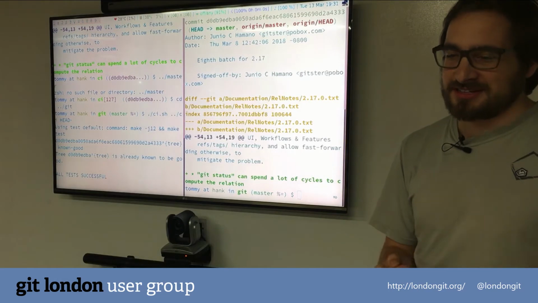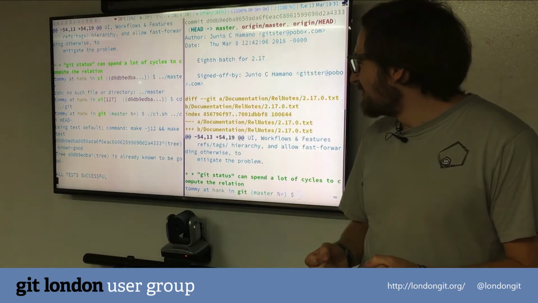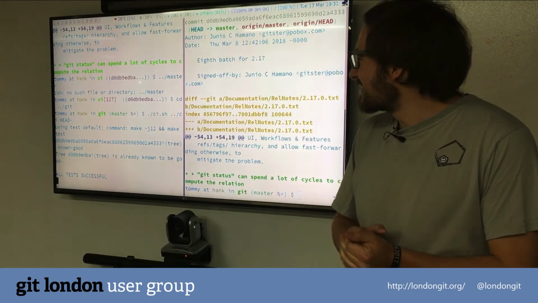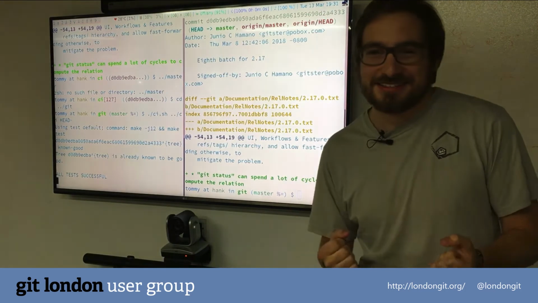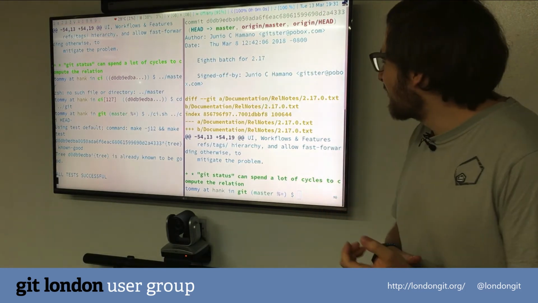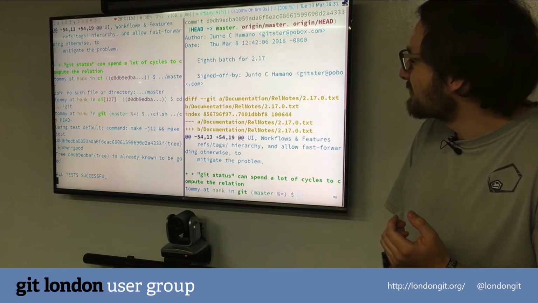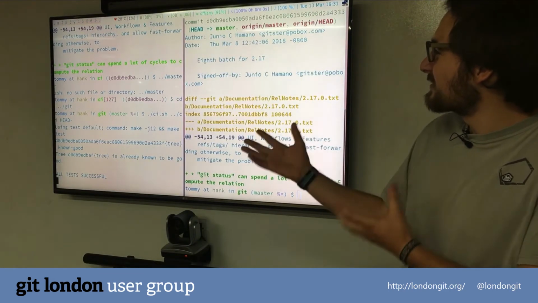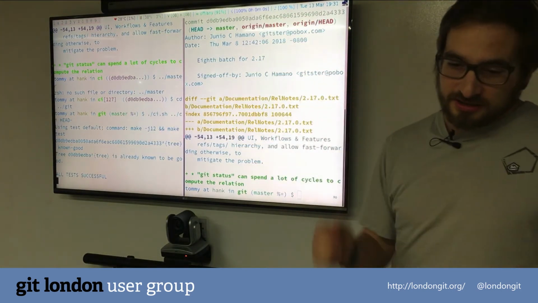I told you the Git tests are a bit slow, but I cheated a little bit. So internally, this is using a utility called git test, which was written by Michael Haggerty. He's one of the core Git contributors. So this caches the old results of your tests. So now